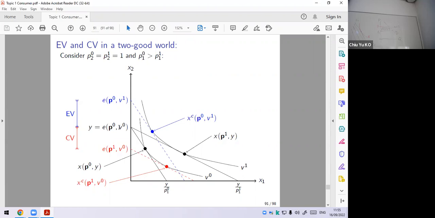Because P1 is P2 is 1, so that's why this is the expenditure at this point. Okay, so this difference is what we call the CV. Why is that the case? Right, this is CV because CV is defined as